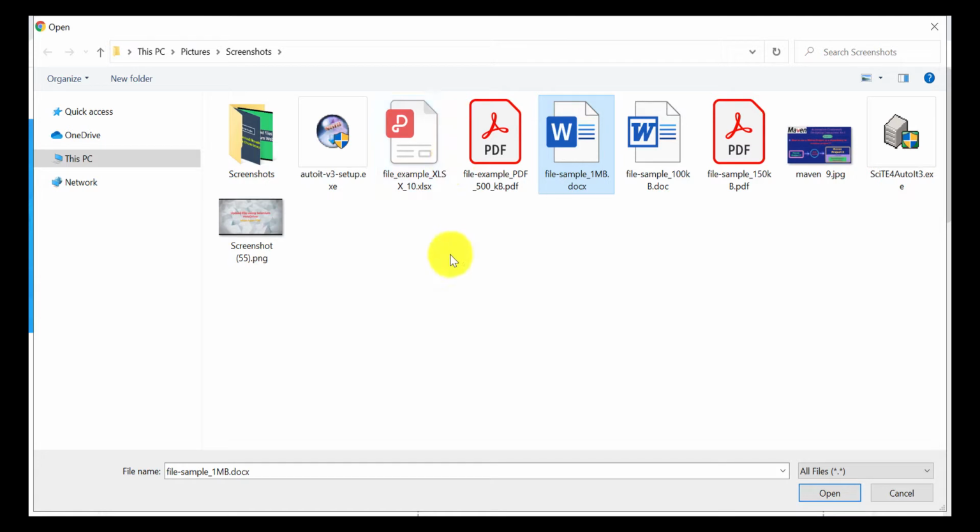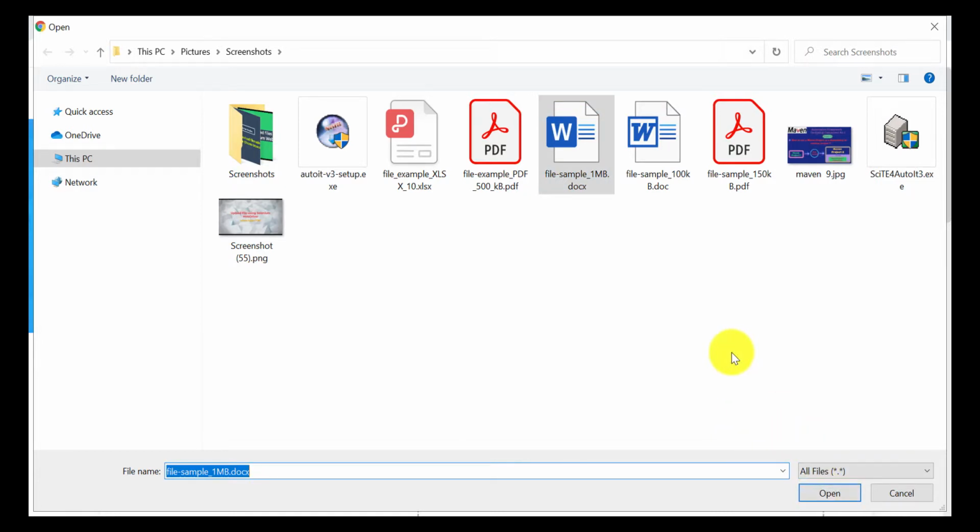But using Selenium we cannot handle this, right? Selenium is all about handling web browser actions only. So for this purpose we are going to create the script first using AutoIT, and that script we will run. That script will select this file, you can see here, and then click on this open button.